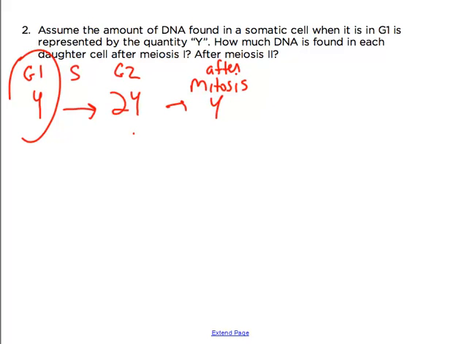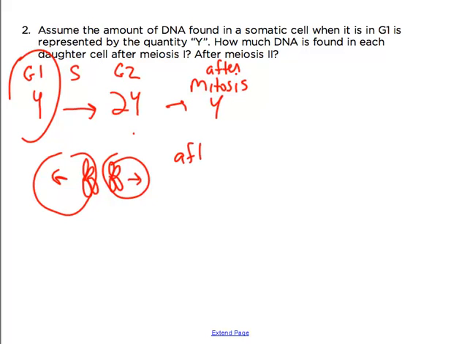So, as we said before, just from the point of view of one homologous pair, after meiosis I, we're going to have separated each member of the homologous pair into a new cell. So that means we've cut the total amount of DNA in half. So after meiosis I, we would have, interestingly, Y again. Now, if you're assigning the numbers, think of what this means. If we use the human, after mitosis, we would have 46 chromosomes,